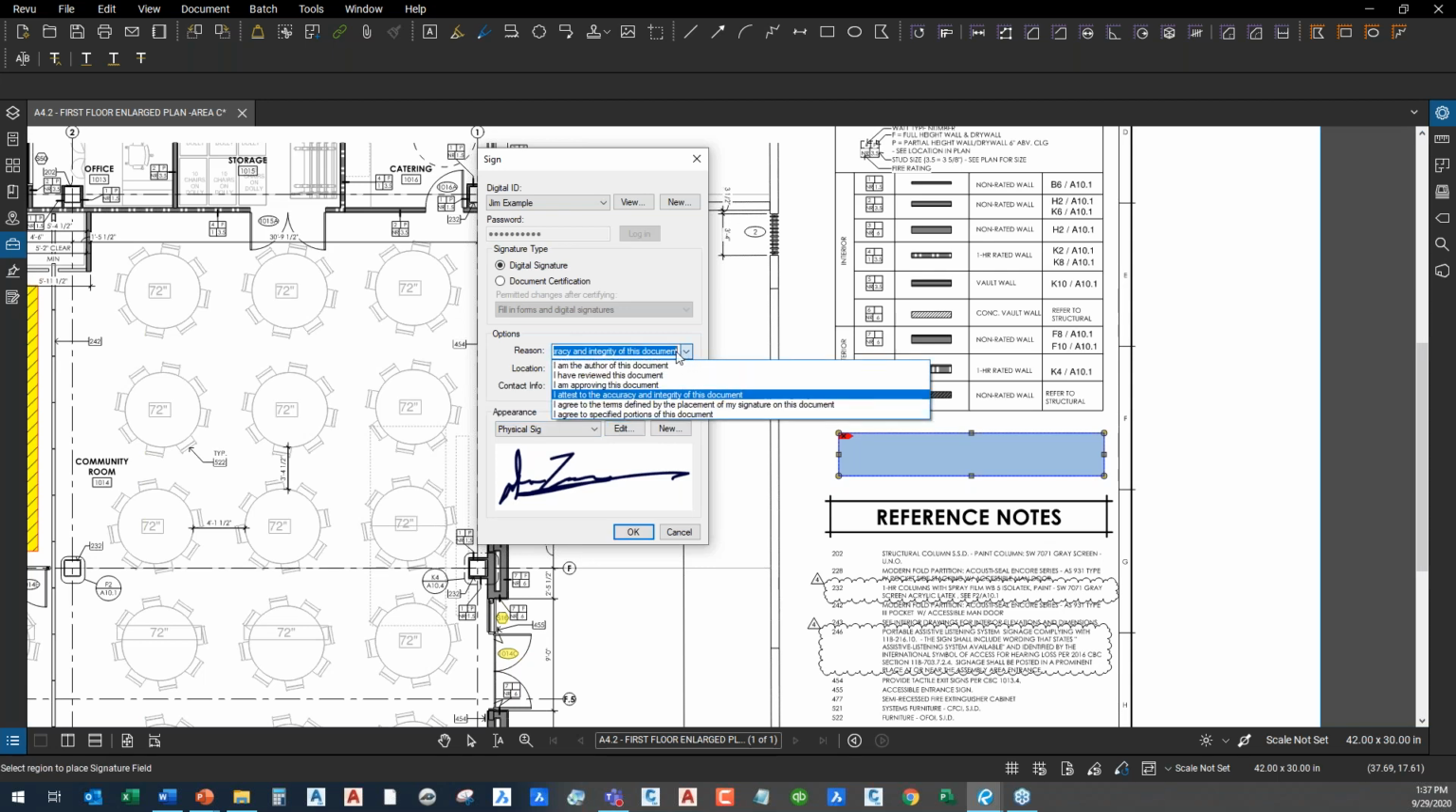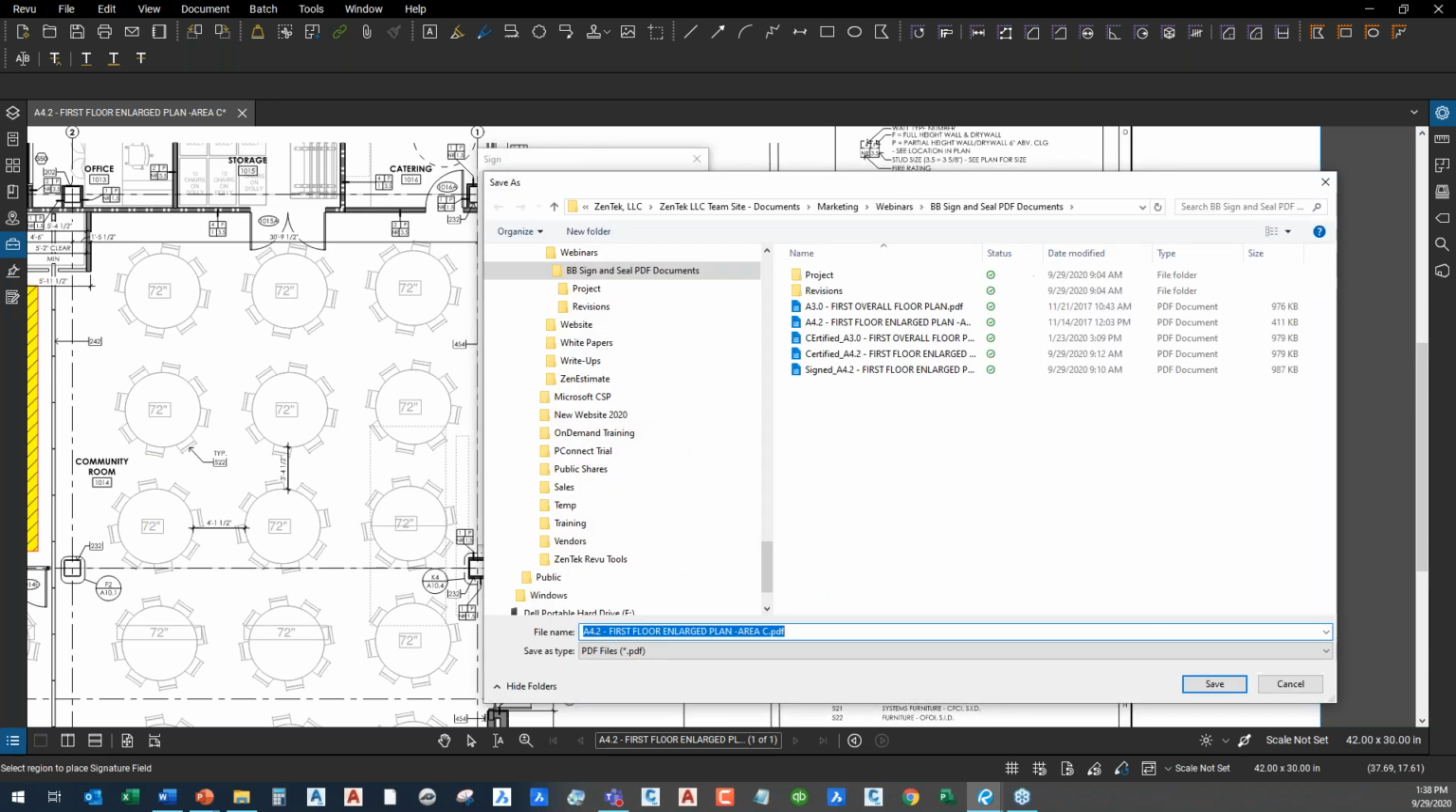I can choose a reason why I am verifying or signing this document. I don't have to, but it's good to go and say, hey, I'm approving this document. I can put in my location, which office I'm in. I can put in my name and email address here if I want to. And really, once that's set up for a basic document signature on a manual process, now all I have to do